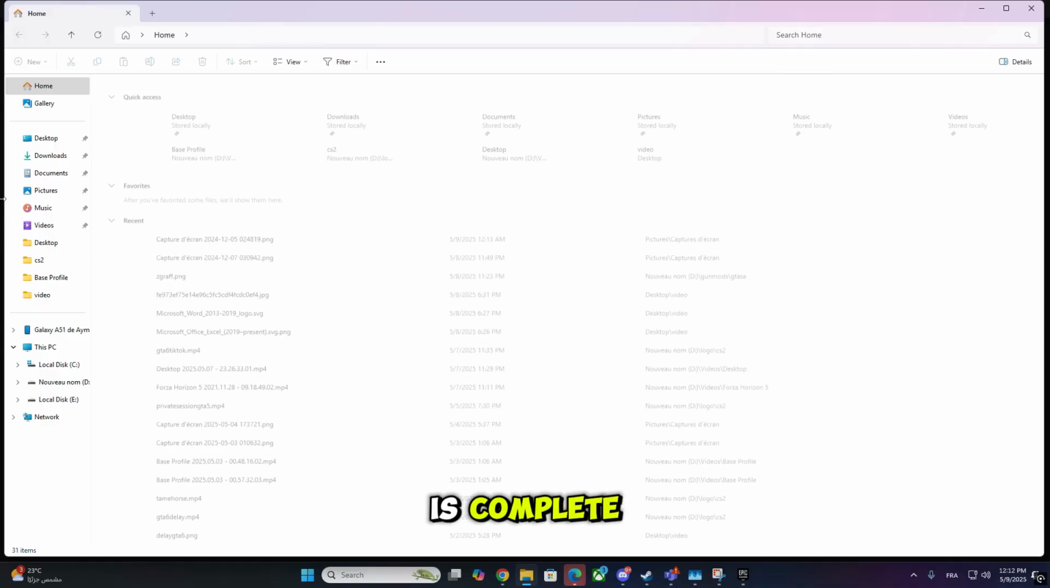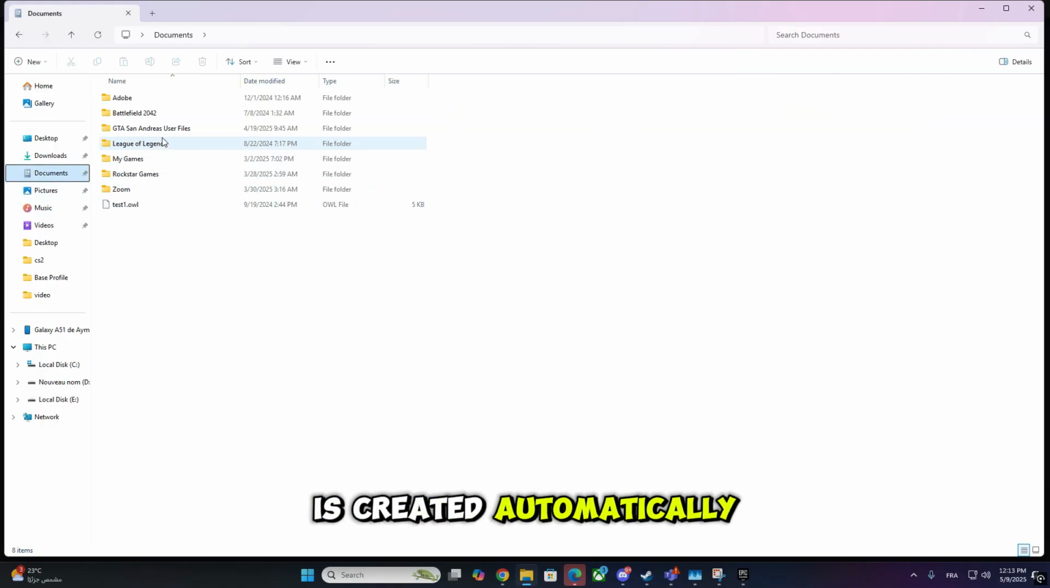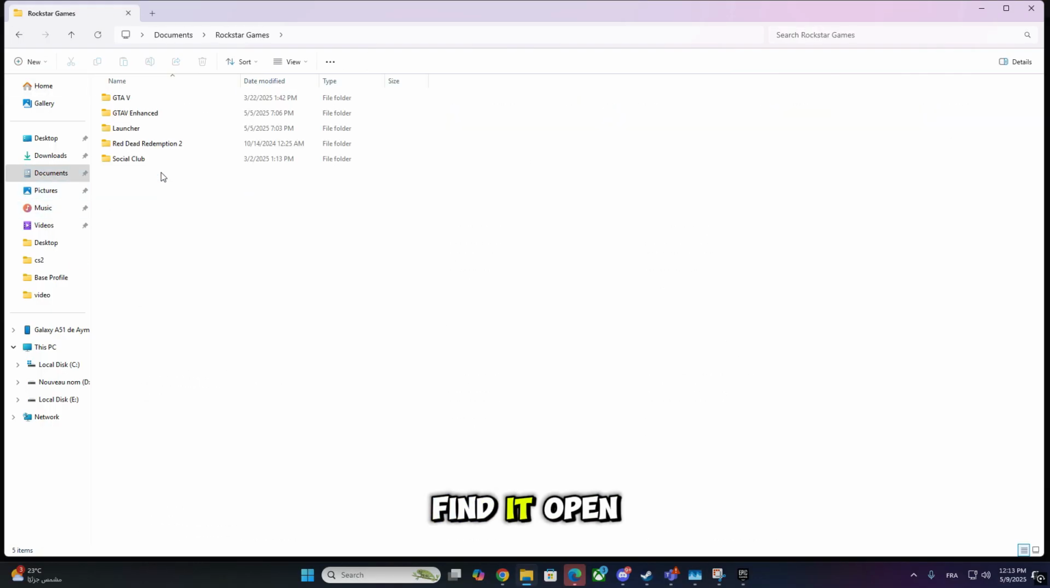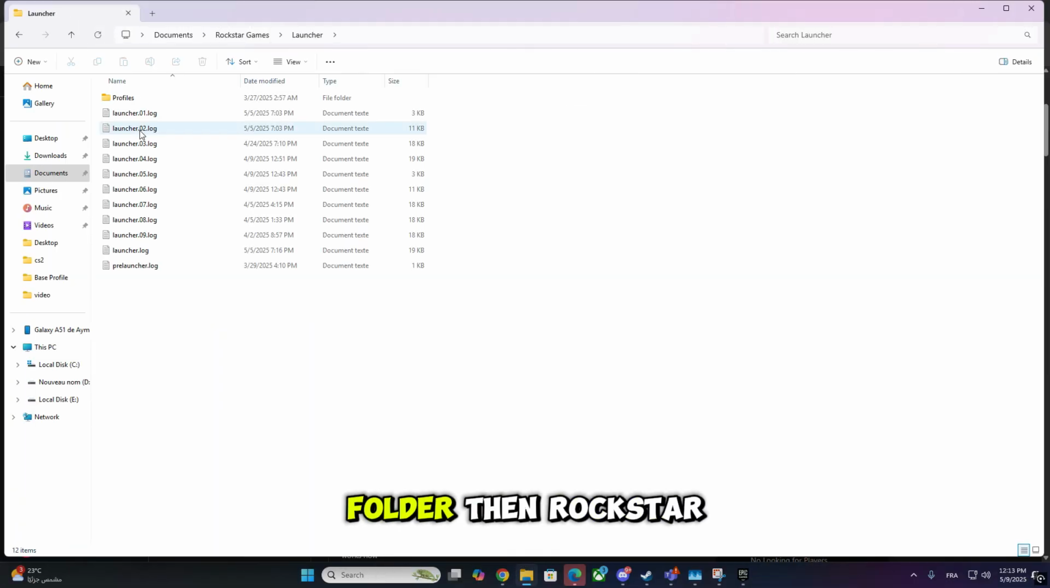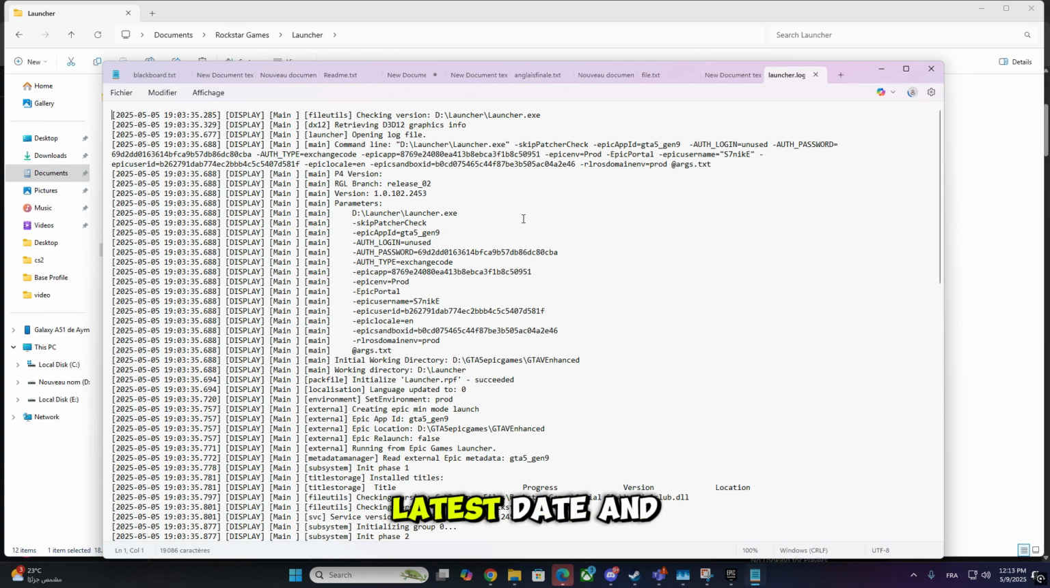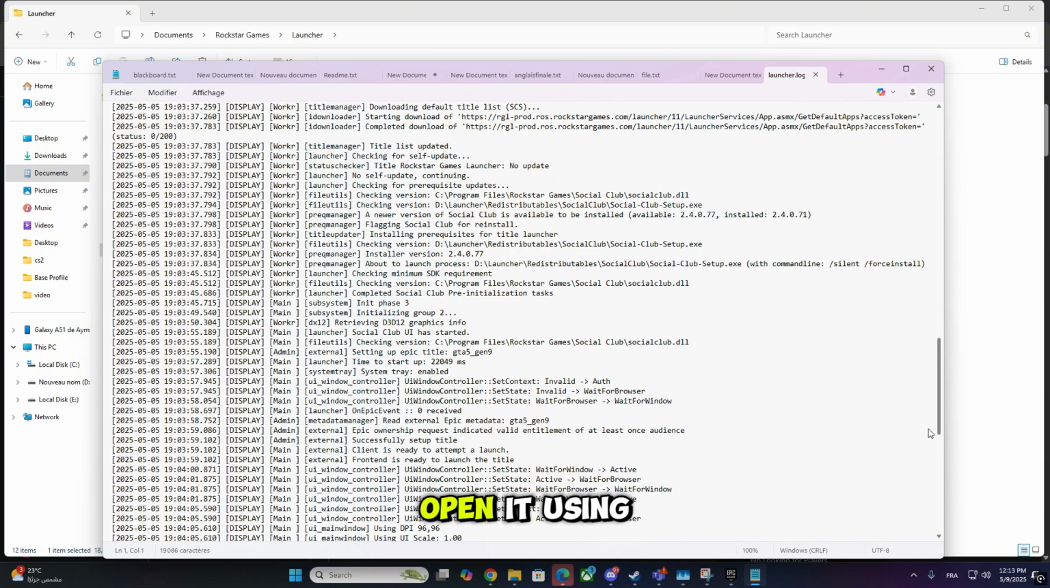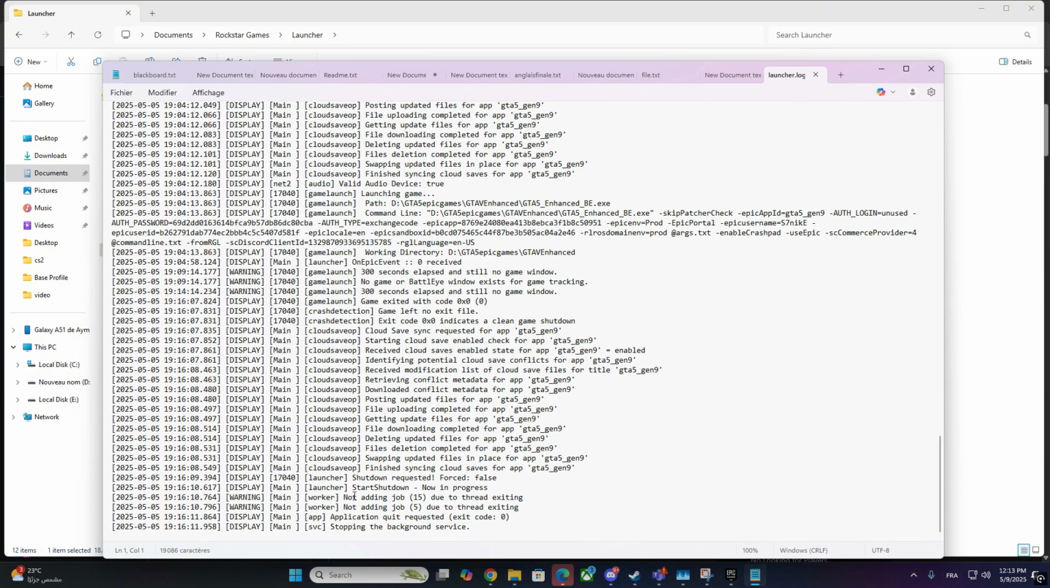Once the check is complete, a log file is created automatically. Here's how to find it. Open File Explorer. Go to Documents folder, then Rockstar Games, then Launcher. Look for the most recent .log file. It'll have the latest date and time. Open it using Notepad. Now scroll down through the log file and look for lines that say, Warning tracked file